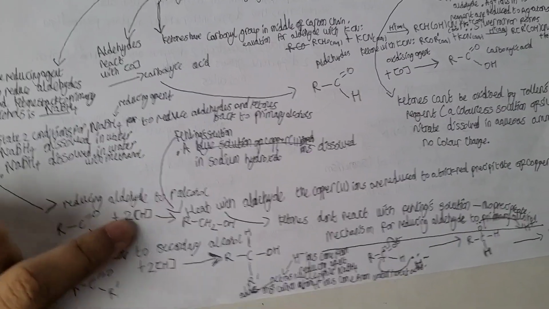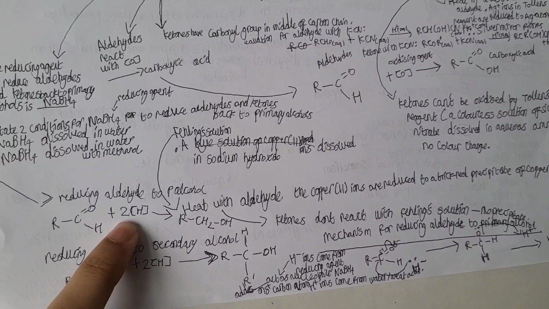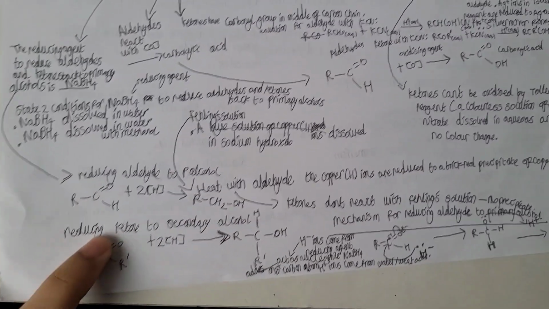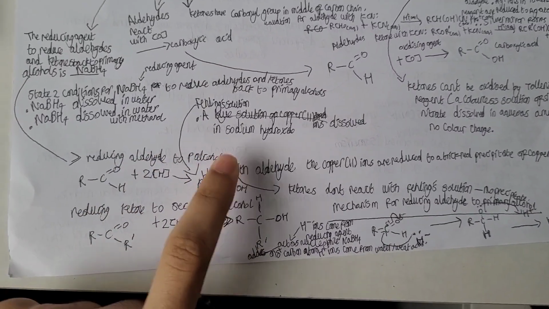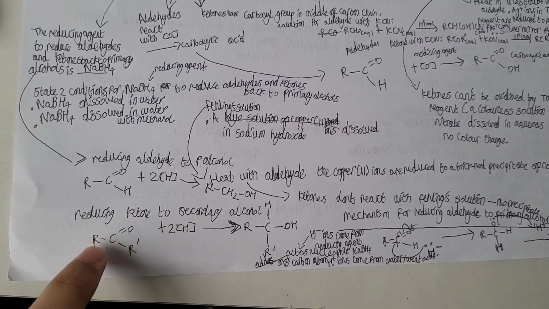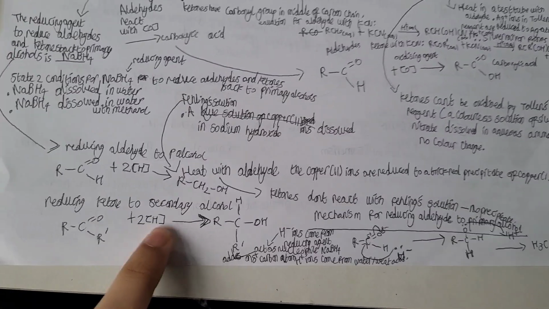Reducing an aldehyde to a primary alcohol: RC double bond O plus 2 H's, the hydrogen from the reducing agent NaBH4 dissolved in water with methanol, to form RCH2OH, a primary alcohol. Reducing a ketone to a secondary alcohol will also add 2 hydrogens from the reducing agent: RC double bond O R dash plus 2H from the reducing agent to form